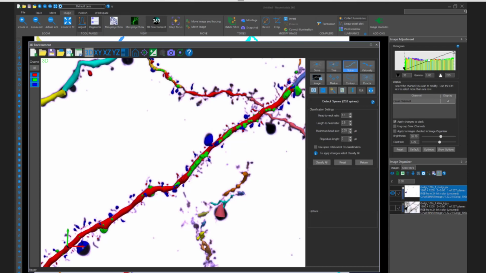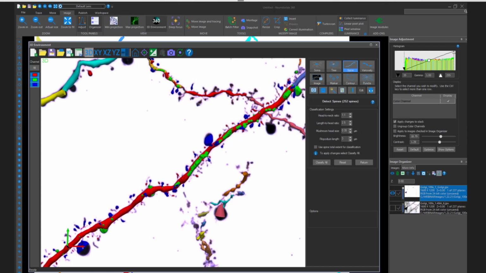So some of the mushrooms would be considered, maybe, stubby, and some of the filopodia were being misrepresented. So what we worked with her on was she had manually classified a large sample of her own data, over 1,000 spines,